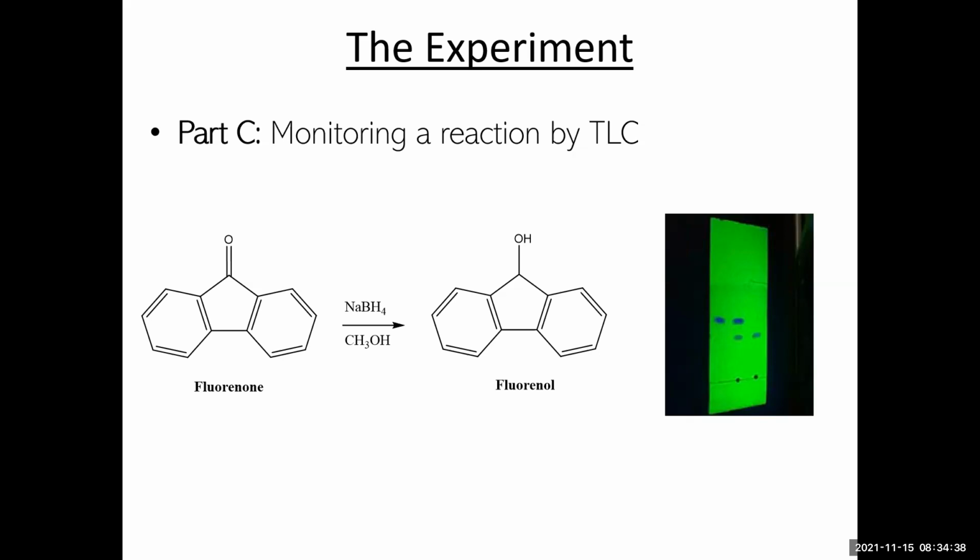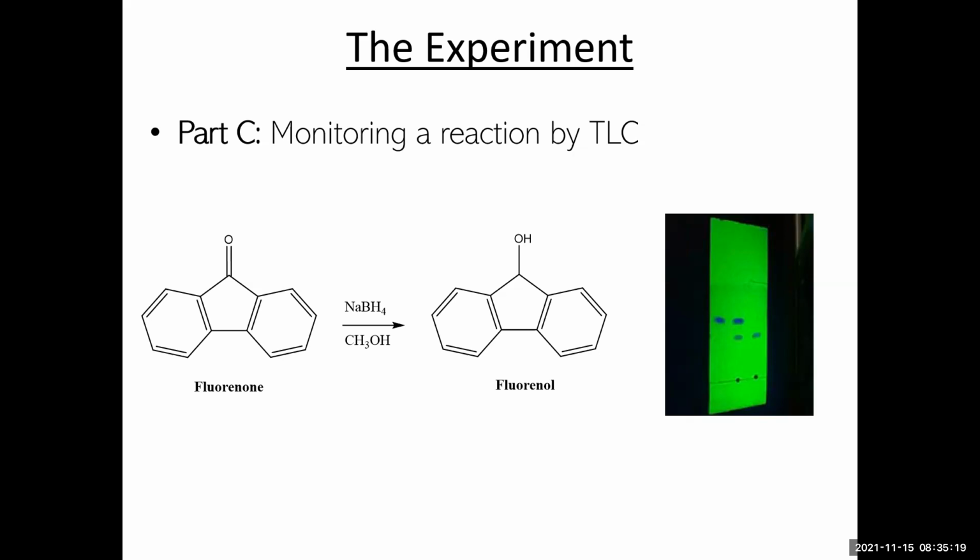Another reason why this reaction was chosen is because the reaction is very quick. We wouldn't want to choose a reaction that takes 5 hours to complete, since you need to do it in 3 hours, right, while you're in the lab. And we're constrained on time. So the reaction is actually typically over in just a few minutes. So that works really well. So we can take multiple samples at different time points and really see a quick progression of the reactant to the product. So you're going to be spotting a standard and the starting material in its own lane.